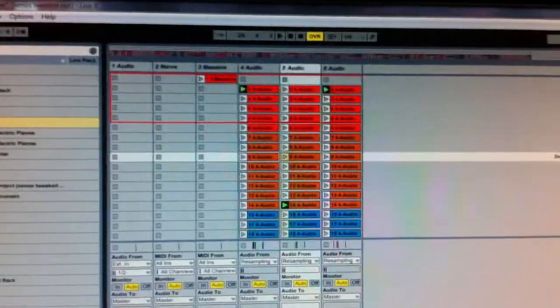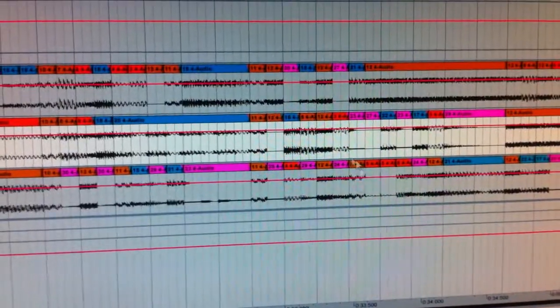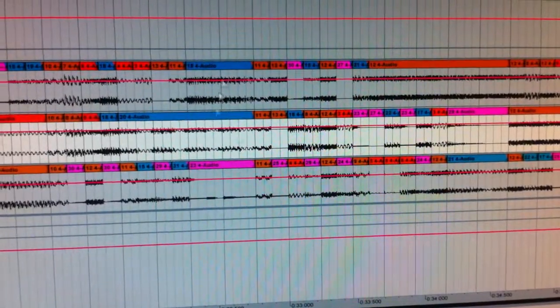Okay, so now, boom, go over here, and if you zoom in, you'll see all of the crazy little bits here that you can just drag around,